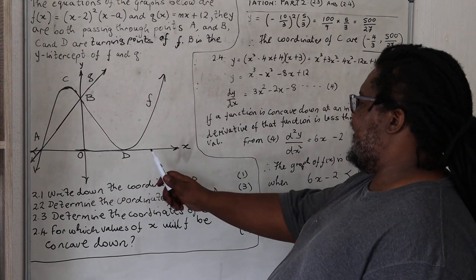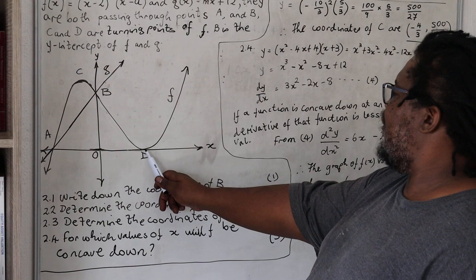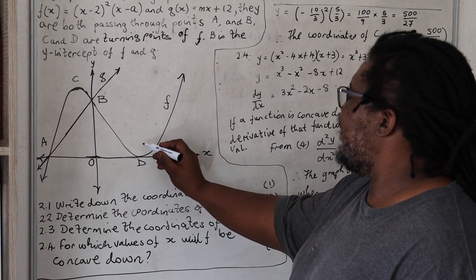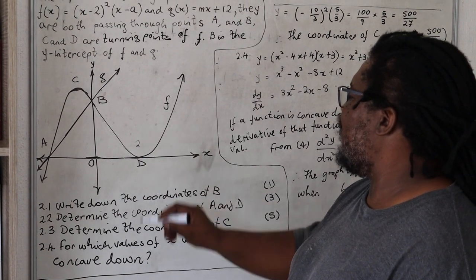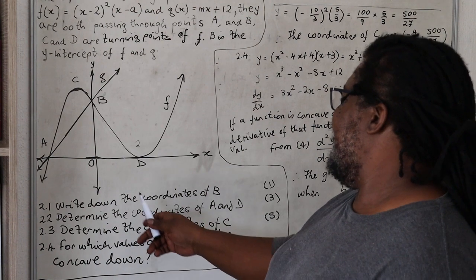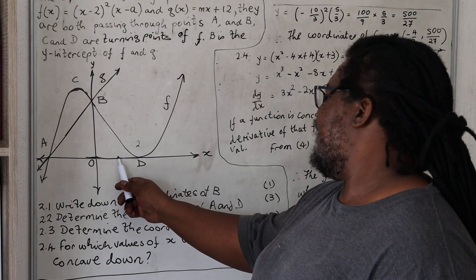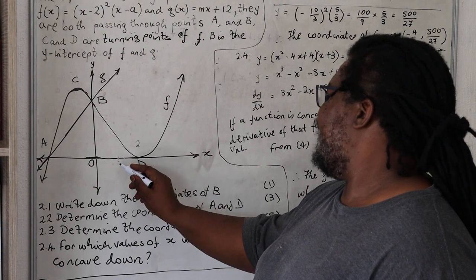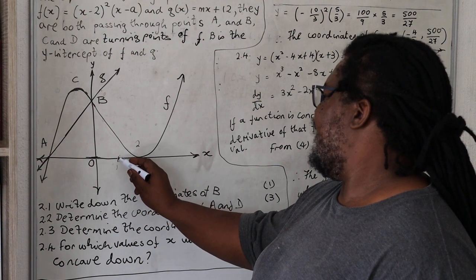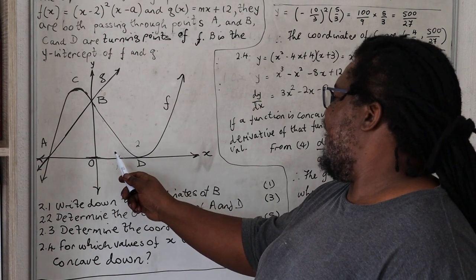So if we say that this point is 2, which we found to be 2 twice, and then we say this point is 1, so somewhere there